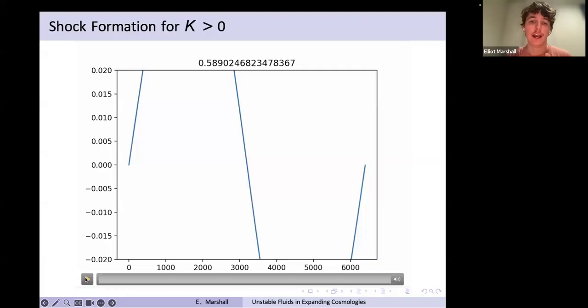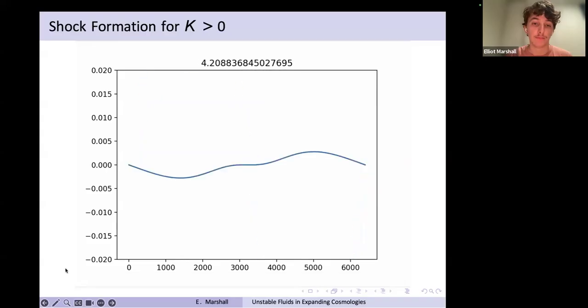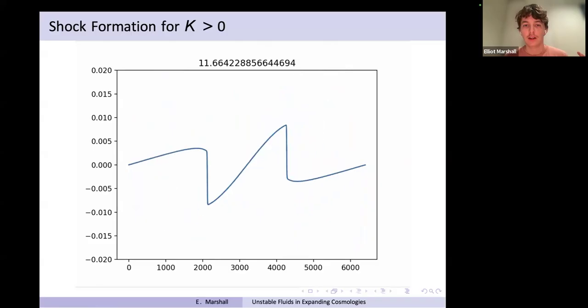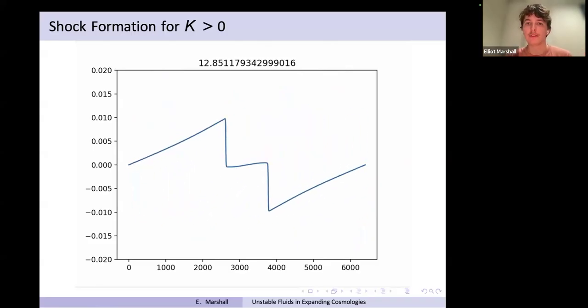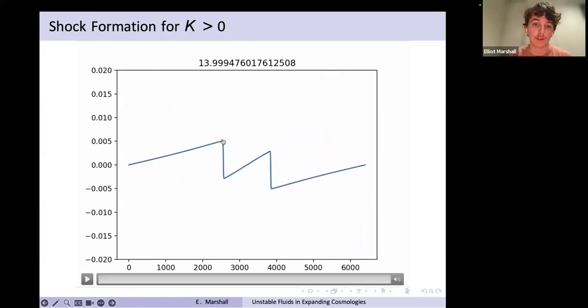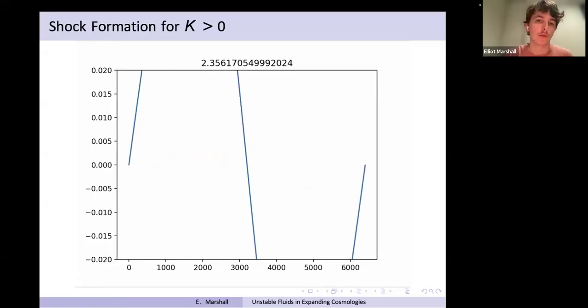So here I'm plotting the fluid velocity in a case where we have shock formation, which is all these cases, I should say, have shock formation. So what you see is we have this sort of rapid side-to-side oscillation in our solution, and very quickly you can see that we have these sort of sharp discontinuities forming in the fluid. So as I said, it's quite obvious from visual inspection that it's formed, once it has formed. Okay, so we always observe shock formation for these K greater than 0 fluids.